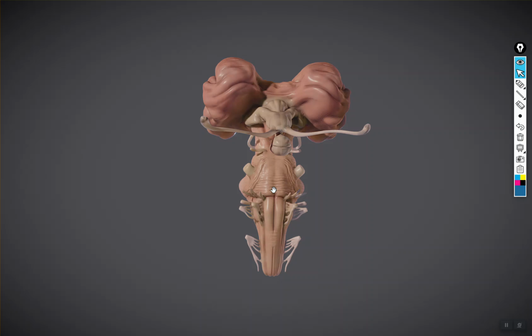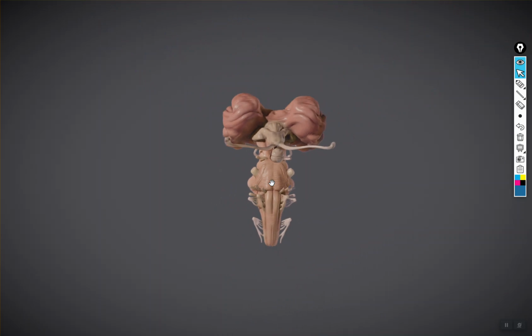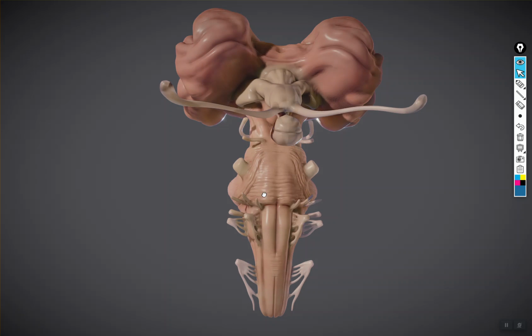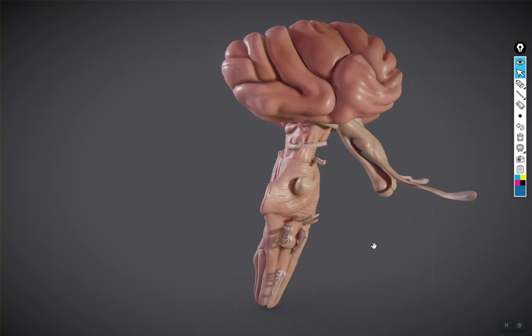So let's zoom in a bit. No, not quite that much. And just look at the lateral view of this. So what you'll notice is that there is a structure up at the top here with some gyri and sulci on it, but it's small, which means that it's not even close to the entire cerebrum. What this is, is the